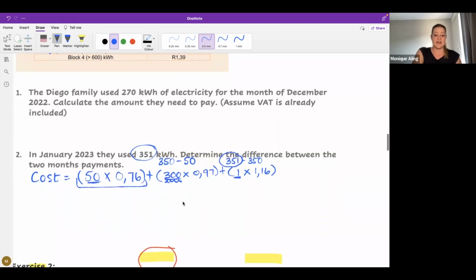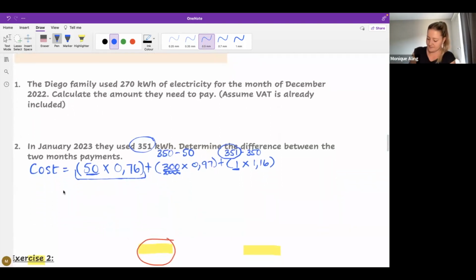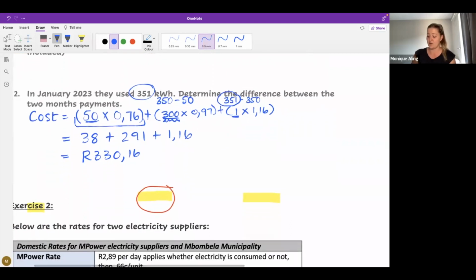Okay. So now, showing our working out so we can get all our method marks. We do the brackets. And we get an answer of 330,16. Okay, so that's how much it was for